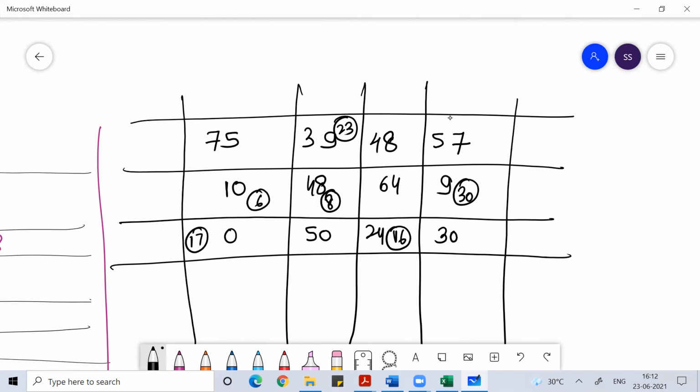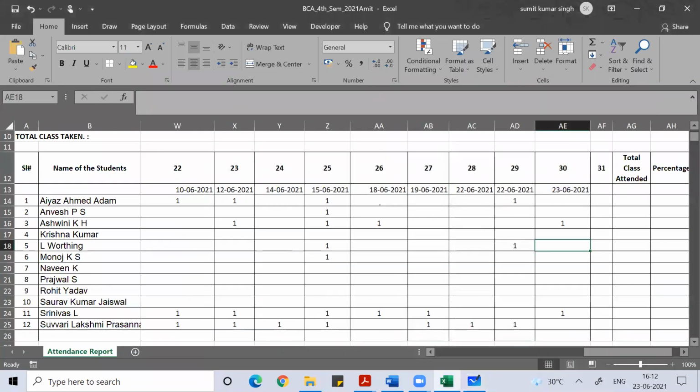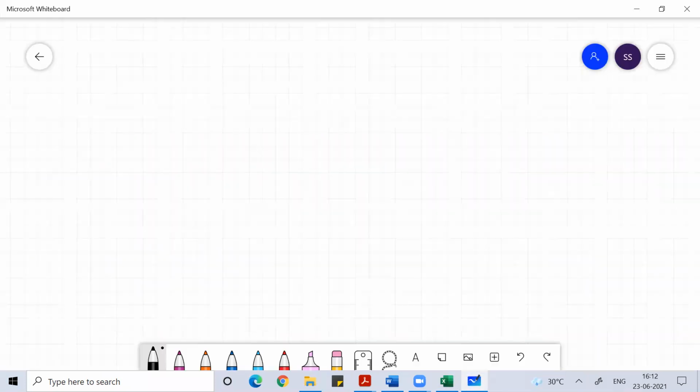Once you get this allocation, guys, do the test of optimality. How many rows are there? 3 rows, 4 columns. So 3 plus 4, 7 minus 1, 6. So the allocations should be 6: 1, 2, 3, 4, 5, 6. This is U1, U2, U3, then V1, V2, V3, V4. This would be 0. This would be 10. That would be 10.